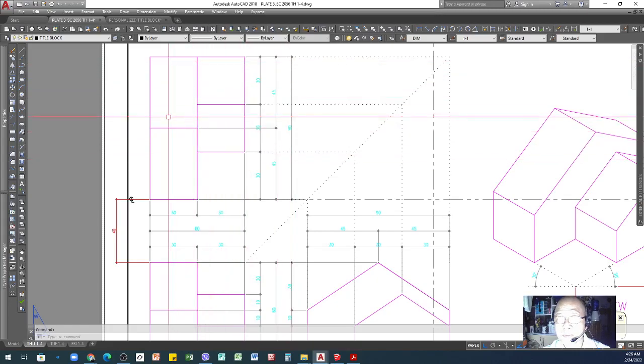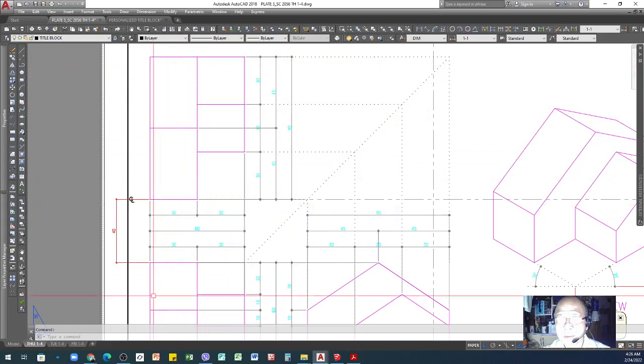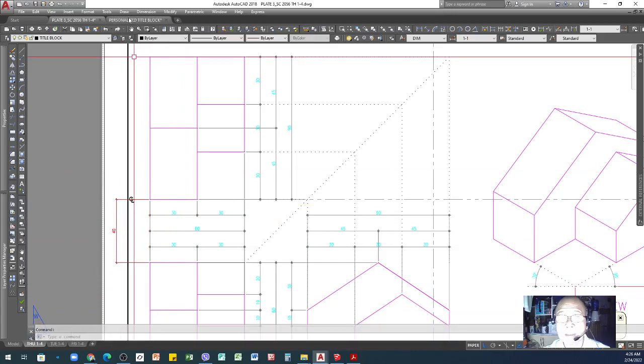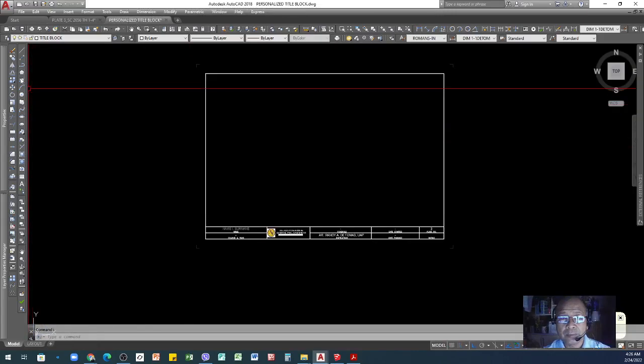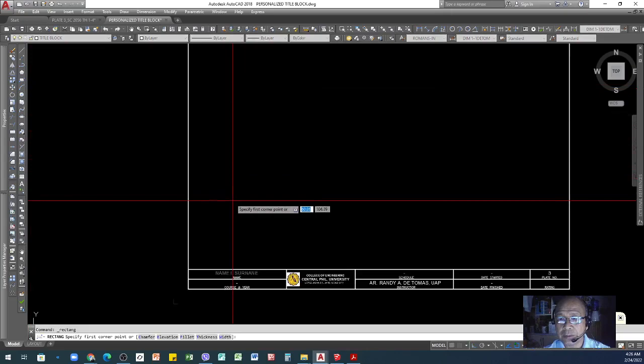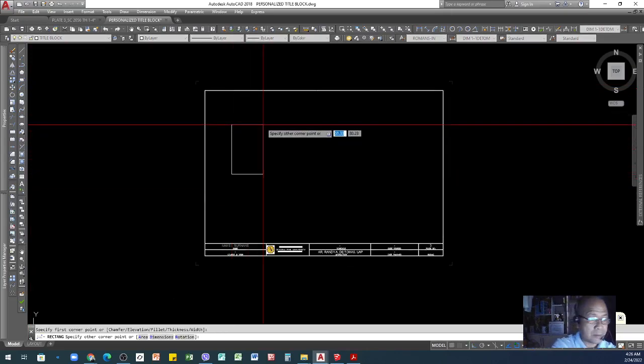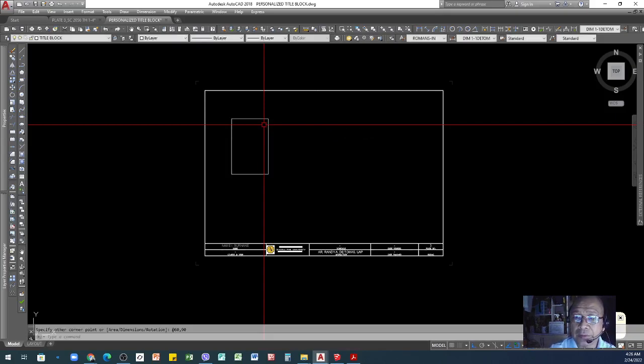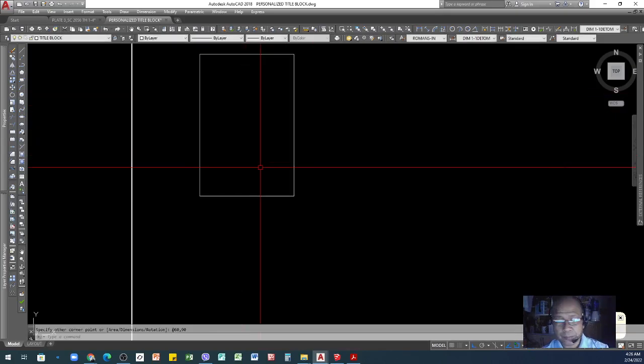So if we draw this one and then put the dimension on the title block that you have, let's say just an example to make it fast, at 60, that's for the X distance or size, and then comma, I'll put 90, and that's the shape.